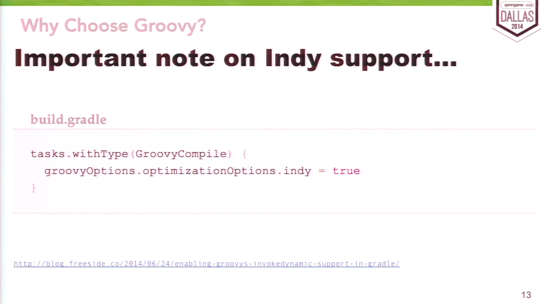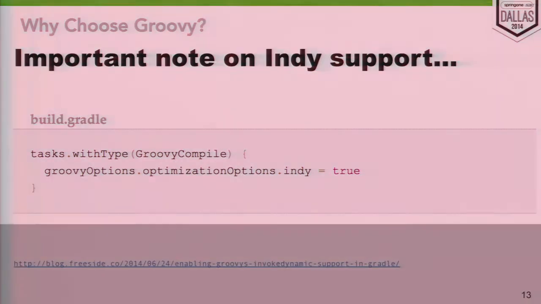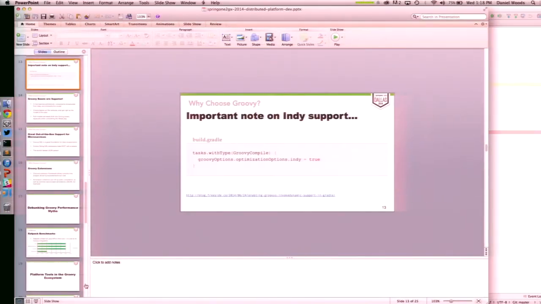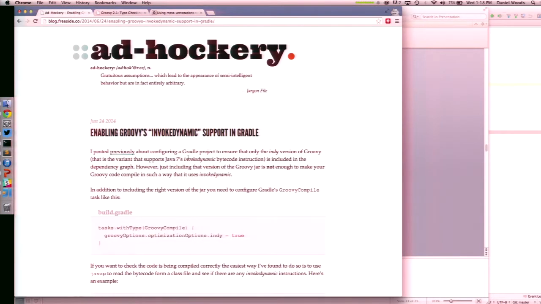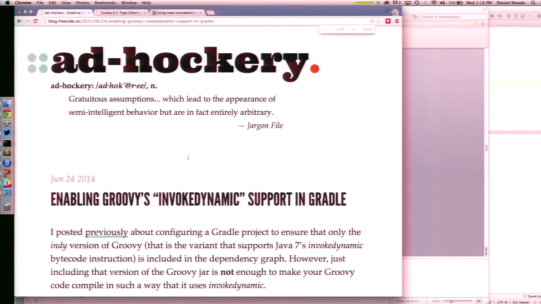But as Grails moves forward into using Gradle and leveraging Gradle more heavily, this is just an important thing to note today, I think, more than anything. A really super smart dude that works at Netflix, not me, Rob Fletcher. I have a link down here to his blog post. This is his blog post.